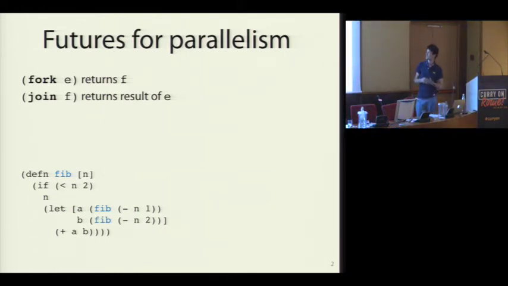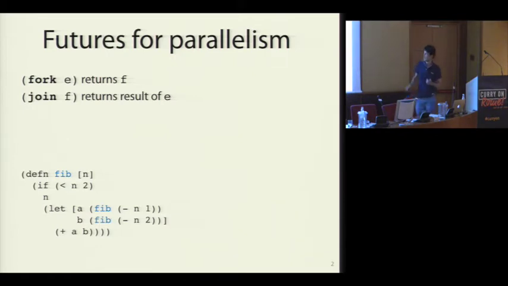Firstly, futures are a concurrency mechanism which allow parallelism to be introduced in a program. And futures provide two constructs, fork and join. Fork takes an expression, it creates a new thread, and it starts evaluating the expression on that thread. And a fork returns a future. Join then takes this future, it waits until the thread has finished its execution, and then returns the result of